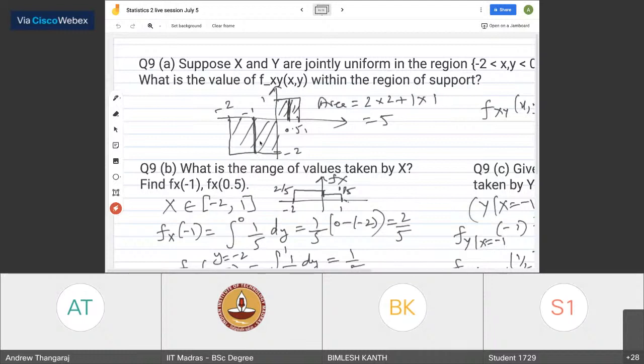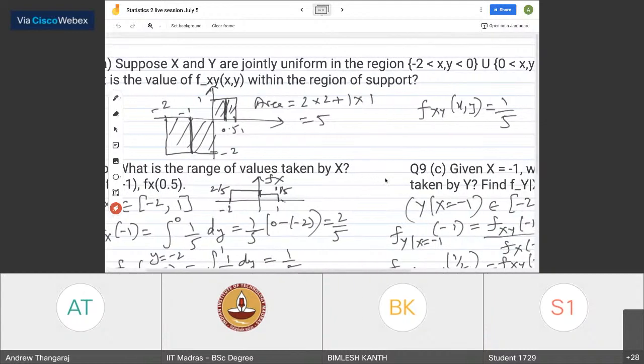If X is -1, then Y is 1/5, and why not 1/4? Oh, no, no, no. Be very careful. The joint PDF is 1/5 everywhere. It's not 1/4. Given X is -1 is one condition on X, it doesn't mean the joint PDF will suddenly change. It will always be 1/5. The entire region of support is 1/5. Keep that in mind, so don't be misled by that. Y is uniform from 0 to -2, so the height better be 1/2.